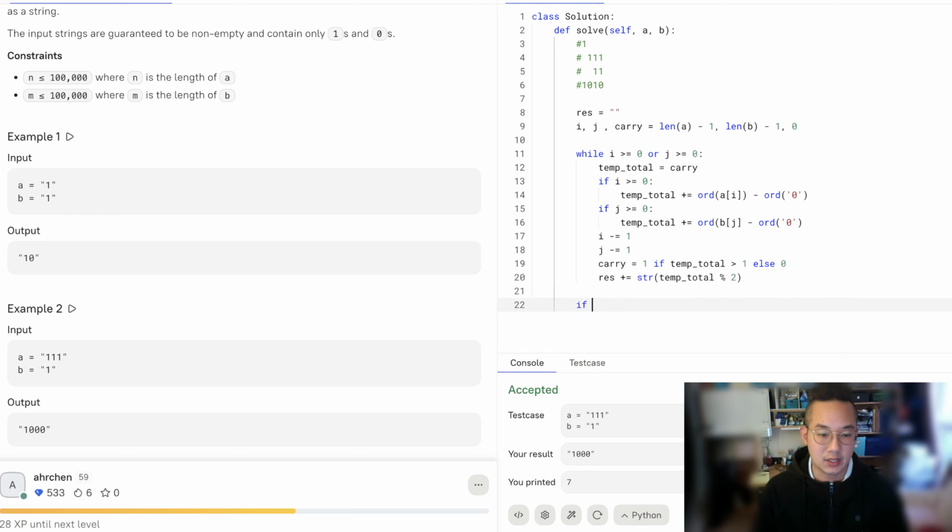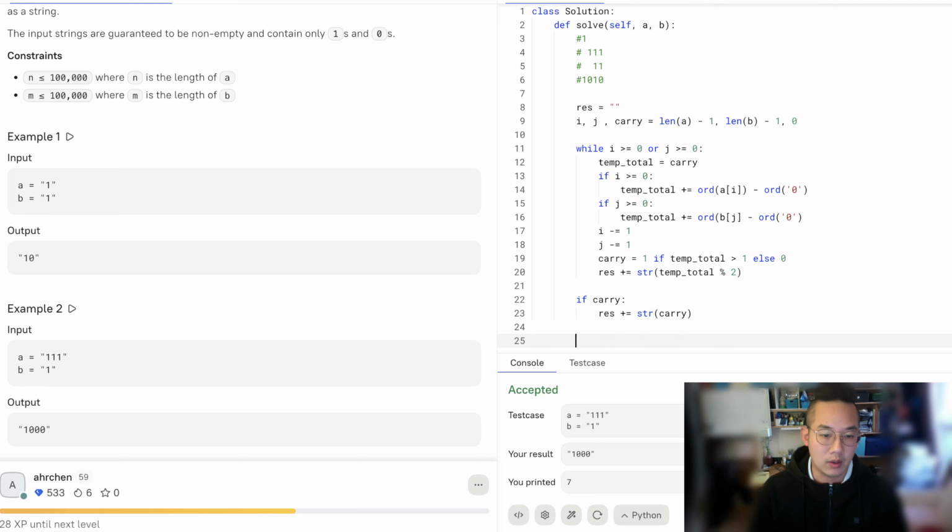At the end of this, if carry, then we're going to add this carry into our result, plus equals stringify the carry. It's always going to be a 1 if it gets to be the case. So after this, we'll return the result in reverse order, because